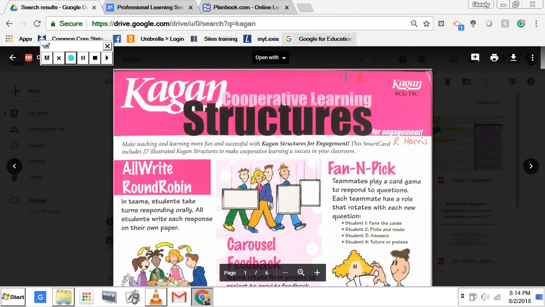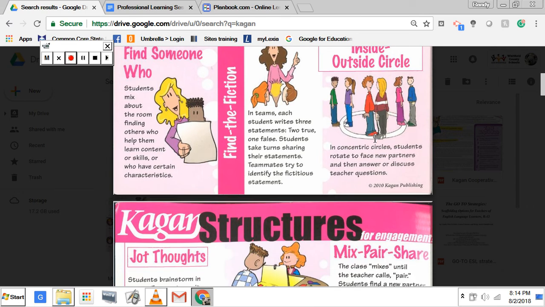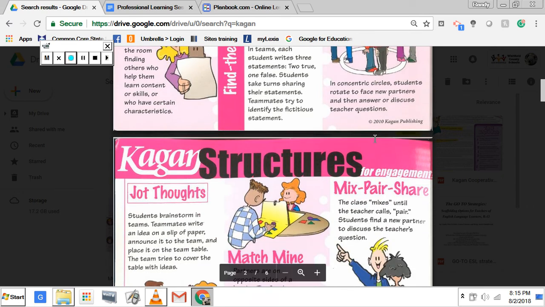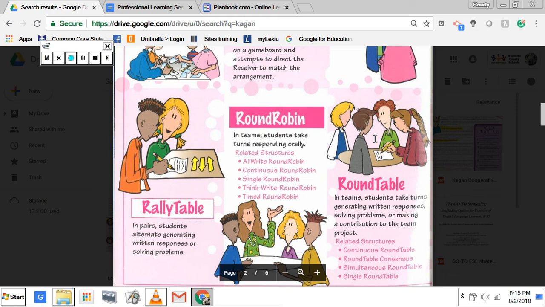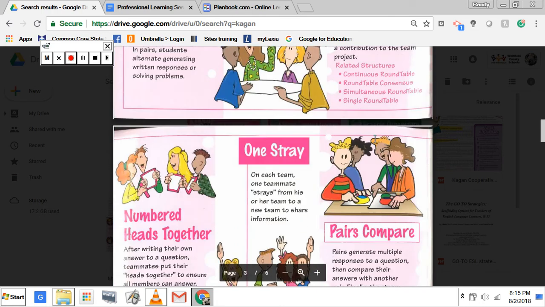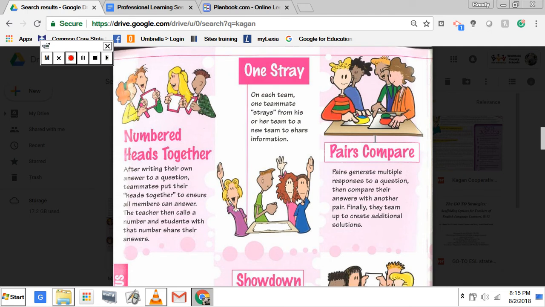Alright, so you can scroll down to the bottom and let them look at all the strategies. You can talk about each one. Find someone who has the same shoes as you. Mix, pair, share. Everybody knows that one. I like Rally Robin. It's not on this card, but Round Robin made me think of it. Numbered heads together. That is really cool because the kids really don't know who they're going to get to be in their team until they switch tables a lot of times. They can do numbered heads together,